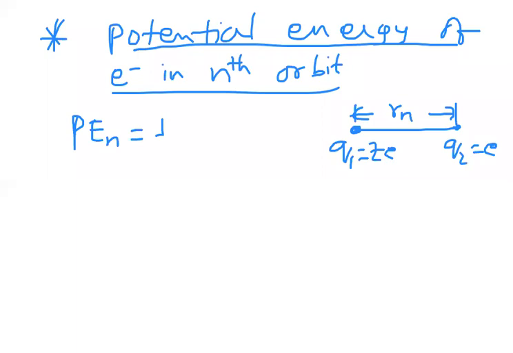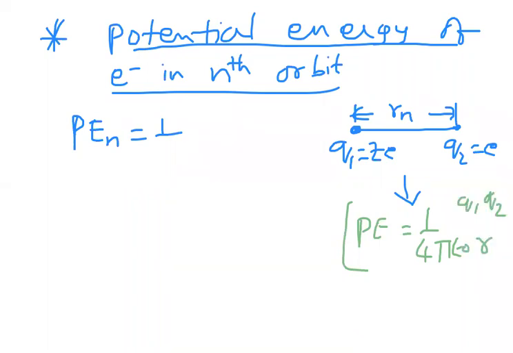The formula is the potential energy formula from the electric potential and capacitance chapter. Potential energy between two charges is 1 by 4 pi epsilon naught, q1 q2 by r. Remember here, potential energy is a scalar quantity. If it is a negative charge, you have to put it as minus E only. In force, we don't use negative sign because it is a vector quantity, but here it is a scalar potential energy.